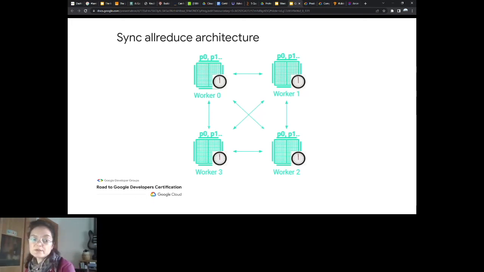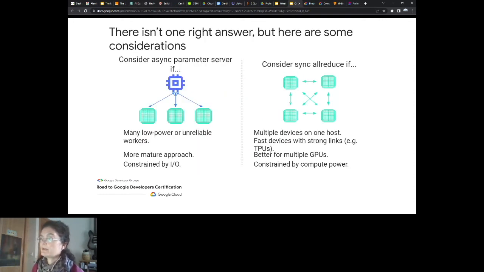So the question could be now, which is the best solution, which is the best approach for me to take? It depends, obviously. It depends on which is your model, the one that you need to train, and the computers that you have available. But here, a few tips about how to decide: the first approach, the one with asynchronous parameters, has been used for long,